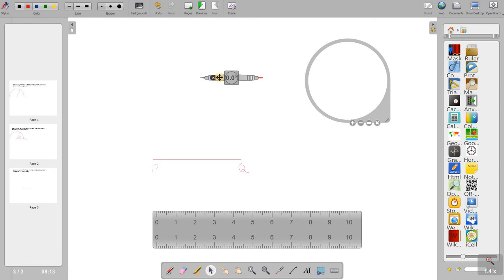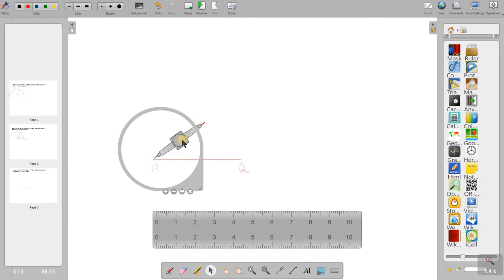I'll have to take it over here. So when I keep the cursor hover over that compass, I get a plus sign, which means I can click it and bring it over to the point P here. Okay, I will just rotate it also so that I can just see whether it is C. I'll bring the magnifier here and show you that it is exactly at that point.